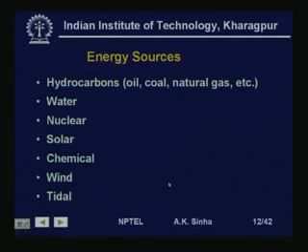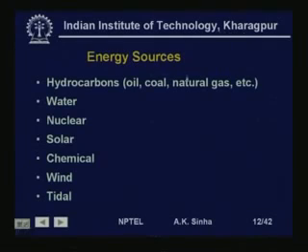as a fuel. So, here if we see, based on the energy sources, if we are using hydrocarbons, that is oil, coal, natural gas, etc., then oil and coal plants are generally called the thermal power plants, because oil and coal is used, that is the thermal energy is burnt in a boiler, and the heat of this is used to make steam, which is used to run steam turbines. Similarly, natural gas is burnt in gas turbines to produce electrical energy. So, we have gas turbine units,